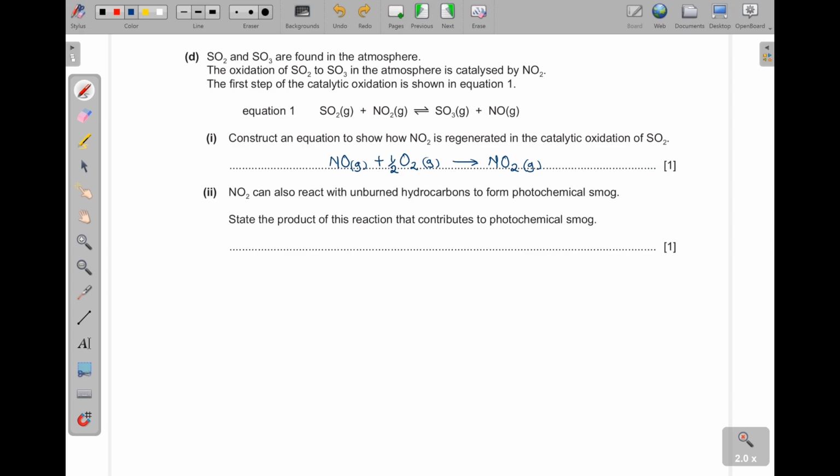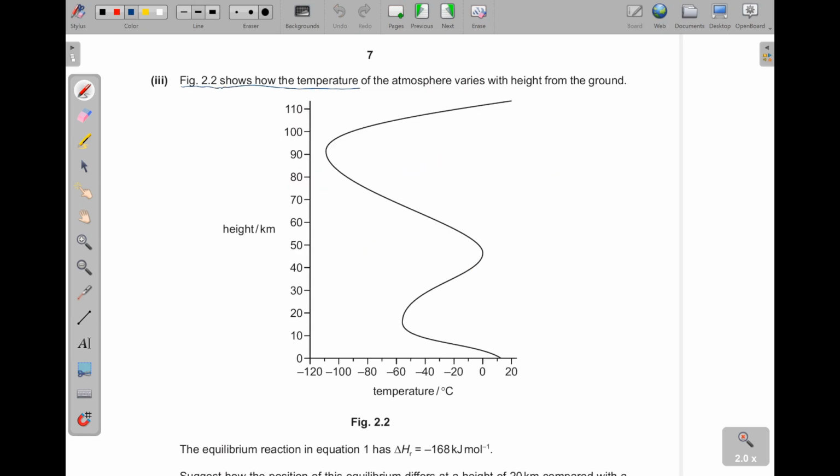So that is that. Then Roman 2, nitrogen dioxide can also react with unburned hydrocarbons to form photochemical smog. Okay, state the product of this reaction that contributes to the photochemical smog. That is what we call PAN. You can abbreviate it like this, or you can write it in full as peroxyacetyl nitrate. That is that. Roman 3, figure 2.2 shows how the temperature of the atmosphere varies with the height from the